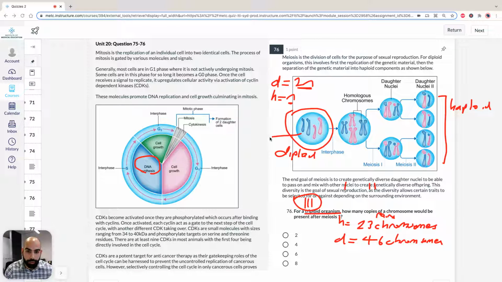chromosomes, but they have 1 chromatid. So this is a chromosome of 1 chromatid. It's not until it goes through interphase that it becomes a chromosome with 2 chromatids. So understand that a chromatid is a copy of a chromosome. So when he says how many copies of a chromosome, this chromosome here has 2 copies, 2 chromatids. So that's one important thing to understand.